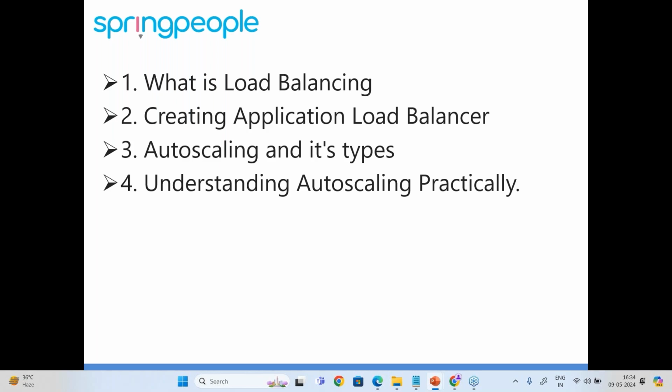I already took these webinars before, so in the same sense, I'm moving ahead with the further topics of load balancing and application load balancing. The prerequisite is an understanding of virtual private cloud, that is VPC, and how to create EC2, Elastic Compute Cloud, that is servers. Now we are going to talk on load balancing and how to do that.